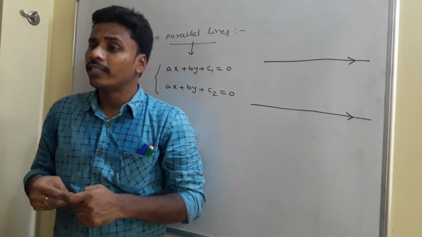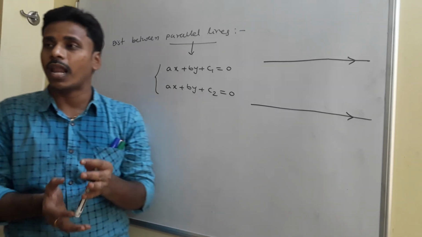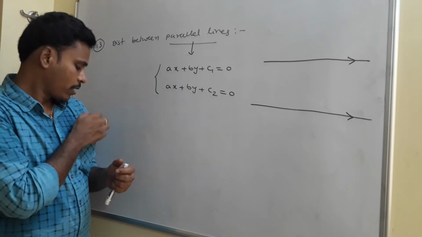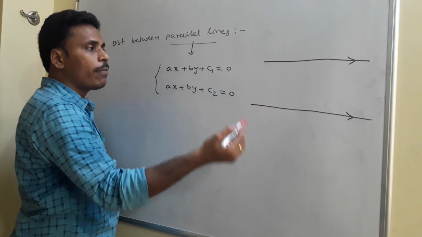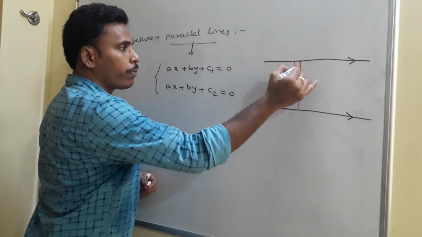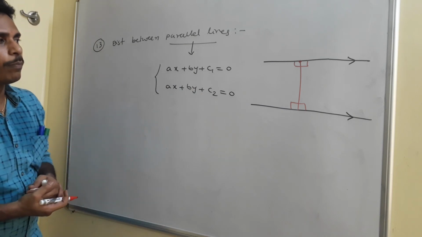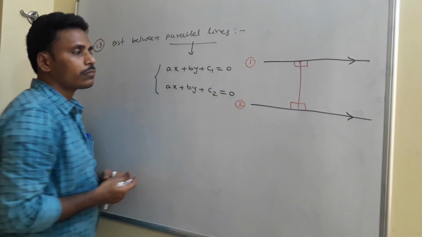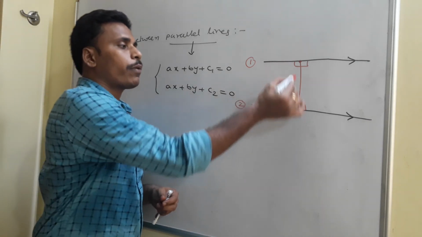See, there is a parallel lines axiom which you learned in the earlier classes, that the distance between parallel lines is the same at all positions, okay? You just treat them as parallel. Now the distance between parallel lines is the same at every position. So, try to calculate this perpendicular distance and then mention it as the distance between the parallel lines. So this is equation 1 and this is equation 2. Right. To find the distance between these two, we find this perpendicular distance.